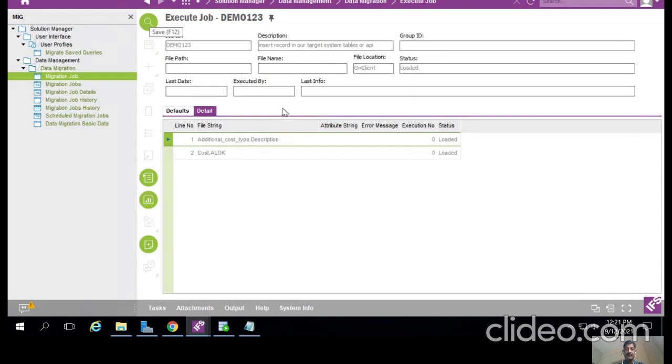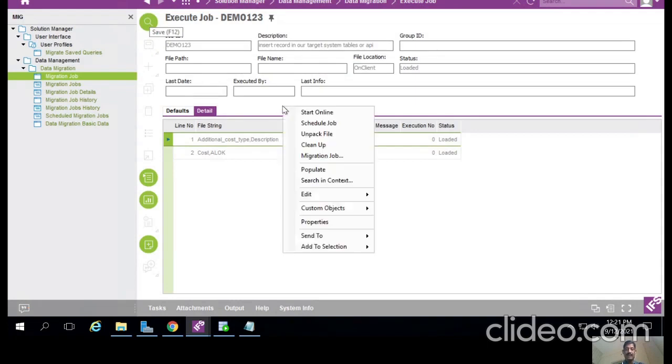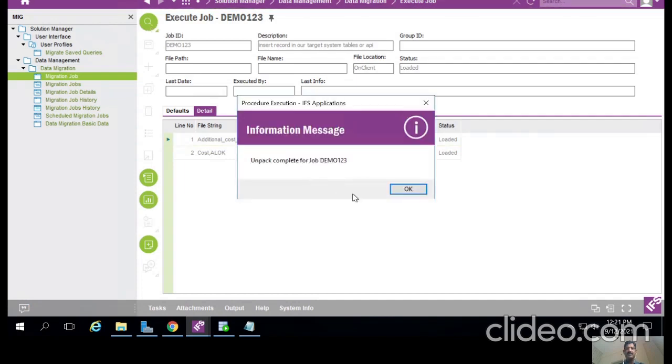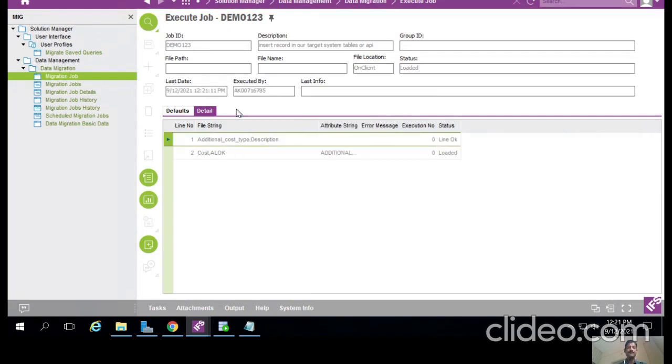Go to the header section, use the right mouse button and choose the unpack file. It performs your operation, to show whether it is correct or not. Okay, it is correct, so it shows unpack complete for jobs, a successful process. The second record is loading, which happens after the next process.